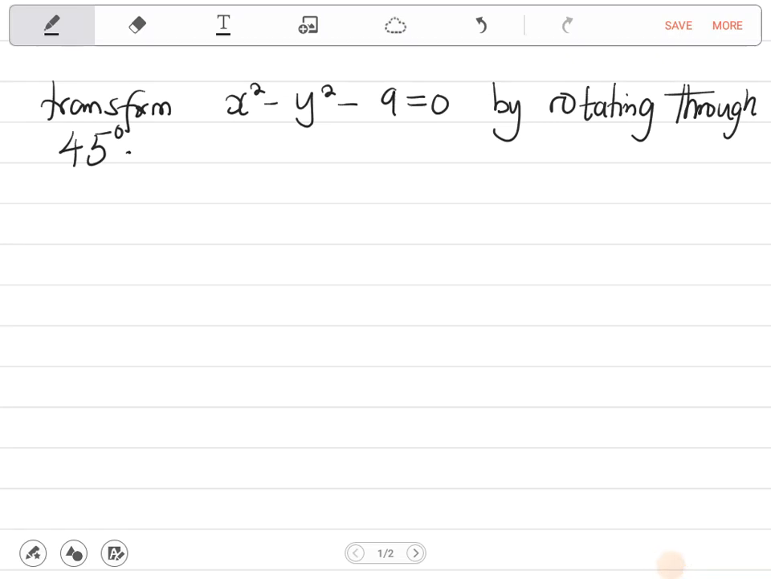Transform this equation by rotating through the angle 45 degrees. So that means we are going to rotate the axis. One thing that you need to know about rotation is that